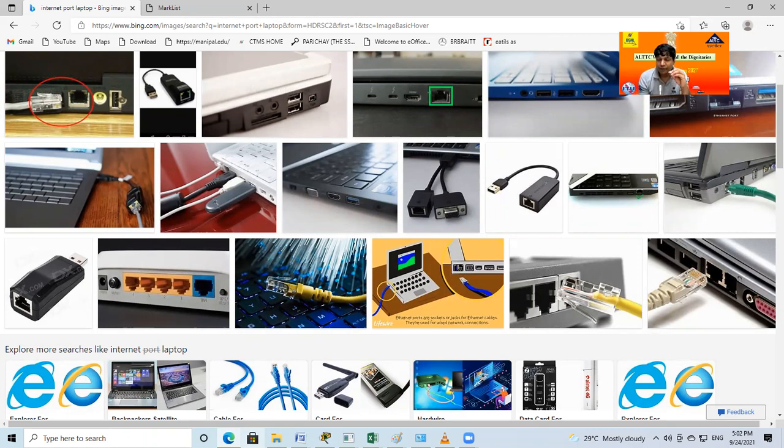If you are connected through Wi-Fi, the IP address is allotted to the Wi-Fi. If you are connected to Bluetooth, the IP address is allotted to the Bluetooth. If you are connected to the LAN port, the IP address is allotted to the LAN port. So which device the IP address is allotted to, I think all are now clear.